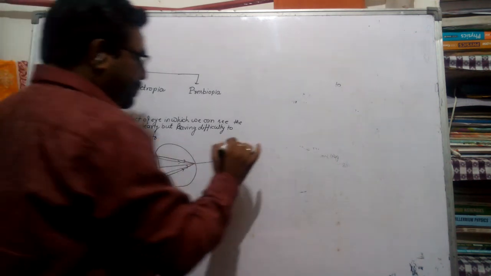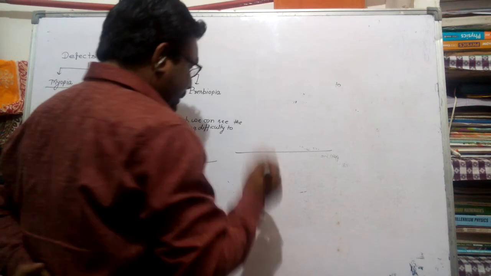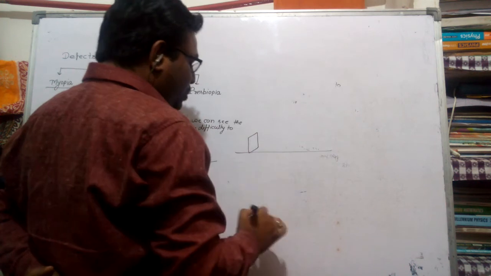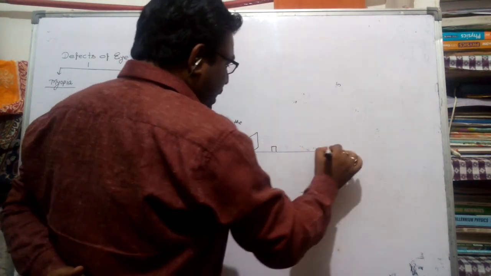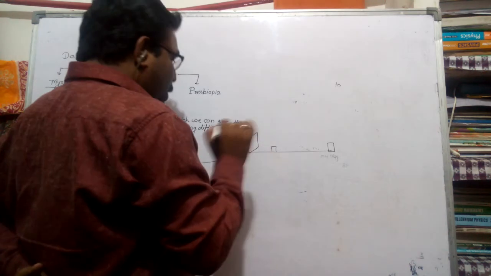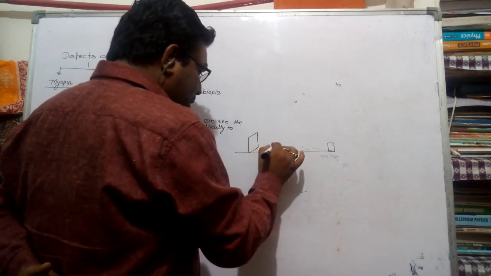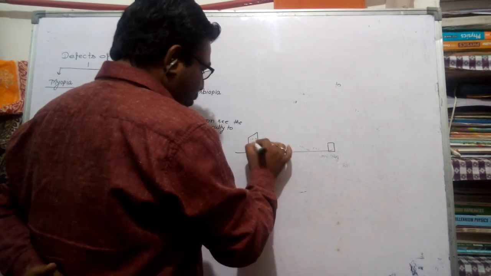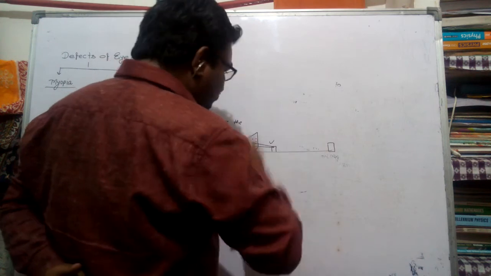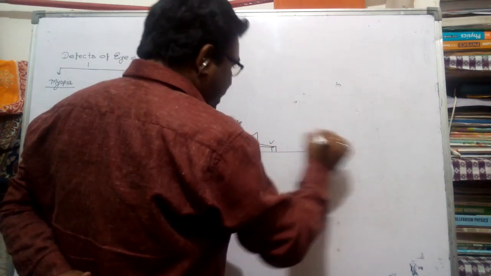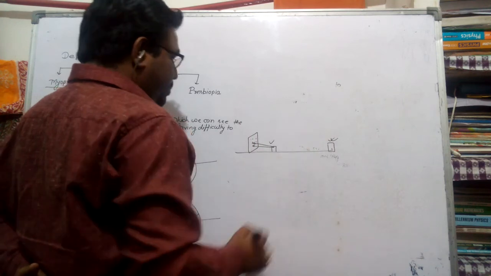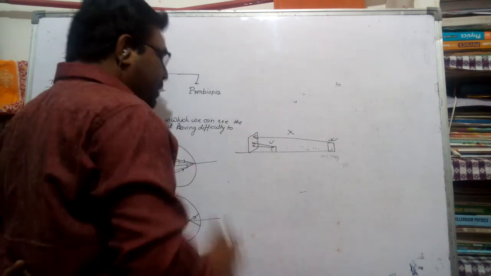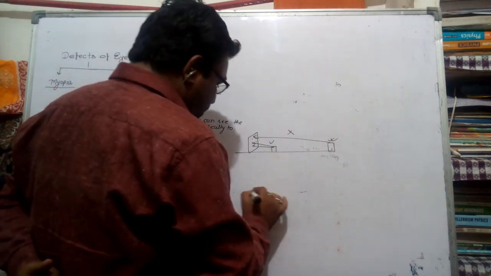One more example. This is your classroom board. This is the first seat, and this one is the last seat. When the student is sitting here, he can see the words written on the board. Okay beta, but when the student is sitting at this point, the object is not seen clearly. He has myopia.